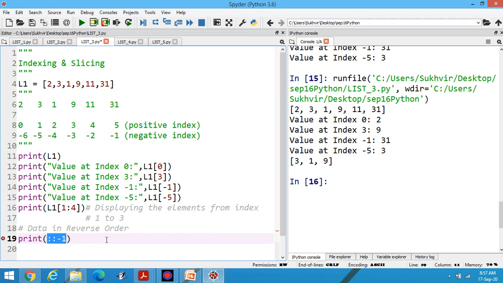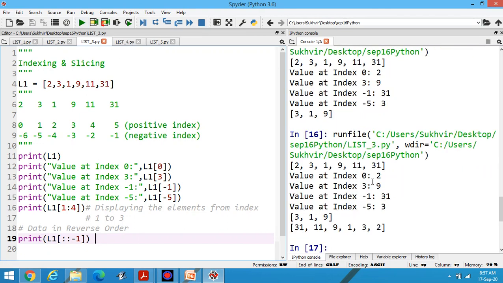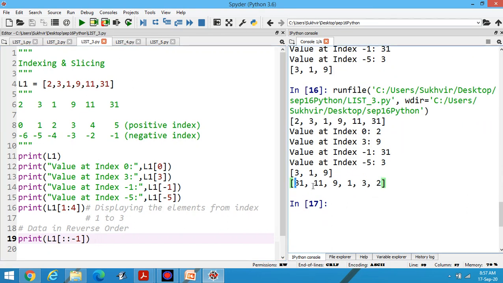And these contents should be there in L1, then -1, like this. Now execute. You can display the data in reverse order: 31, 11, 9, 1, 3 and 2. This one is the data and this one is the data in reverse order.